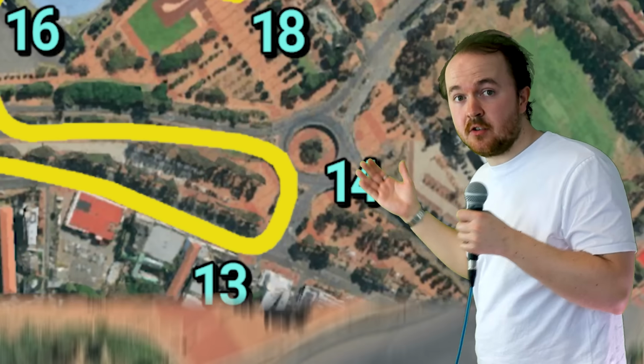But if the roundabout is going to stay, I would say that pushing this external wall outwards would give some much needed racing room through here. This is the current width of the proposed turn 14, and considering you would need to line this bridge with some pretty hefty walls to stop cars falling onto the pathway below, it's going to be super narrow through here. If no changes are made, this would be similar to the bridge section of Singapore, which is almost impossible to